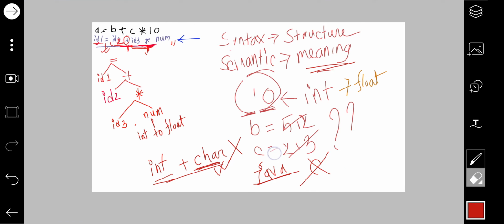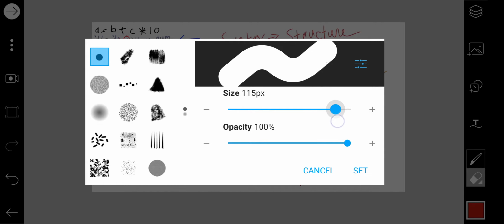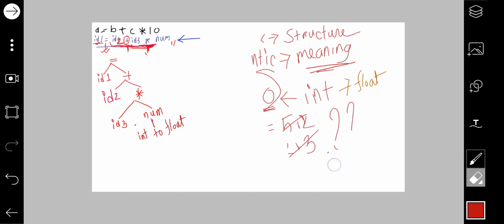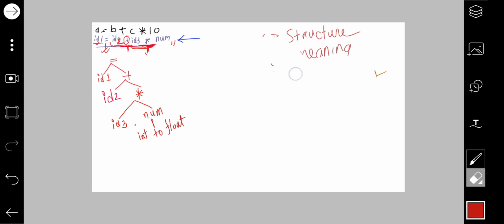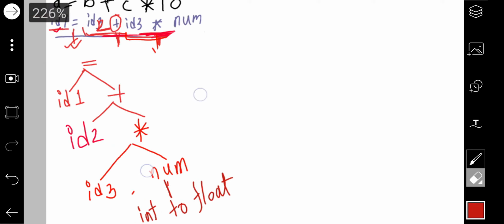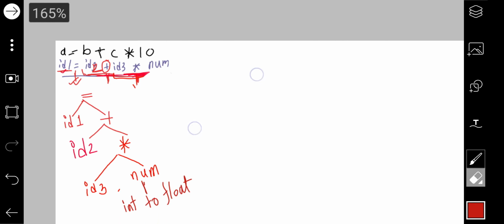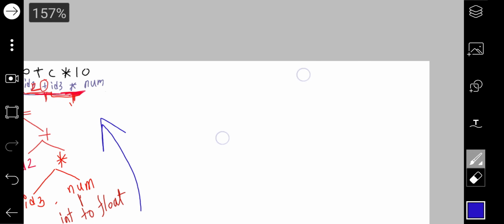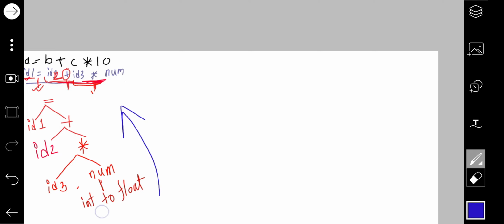In intermediate code, you will use a few temporary variables. As I said, it will go through the bottom-up approach, and you will write the intermediate code according to the actual sequence. For this sequence, the first task is to convert the integer into the float.